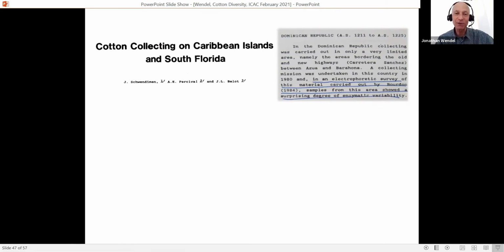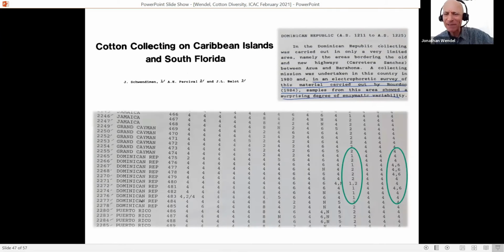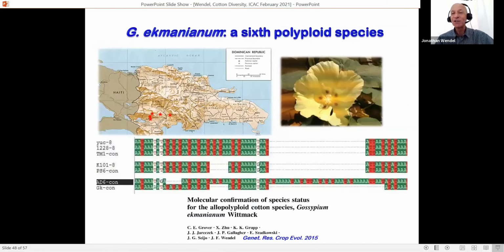500 accessions of hirsutum. So I dug into my files, and I actually had paper copies. And you see on the left, Dominican Republic. So I went and looked at these accessions, and I circled here for you in green some numbers that are not found anywhere else. And these are alleles that are completely novel, otherwise not found anywhere in 500 accessions of Gossypium hirsutum. So we studied it, published it in 2015 down below, that we confirmed that this is indeed a new species of